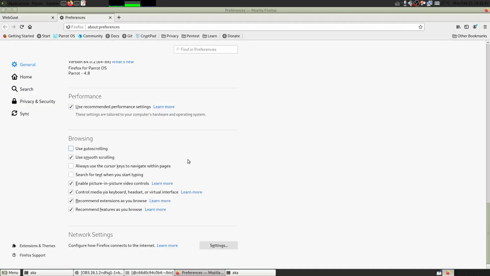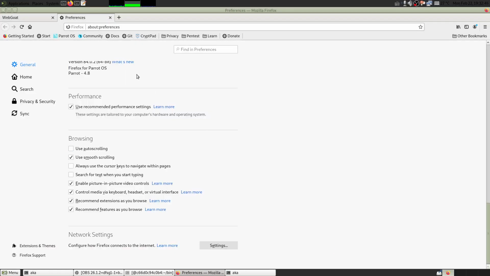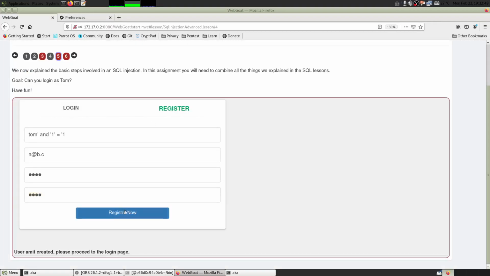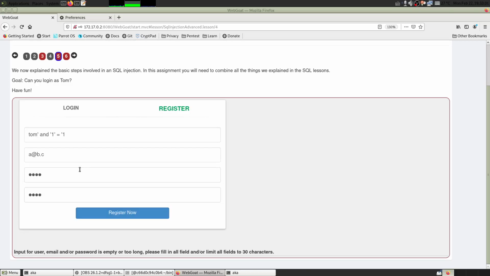We have the proxy enabled. Let's disable the proxy because we don't need that, and let's send this again. So it says this.